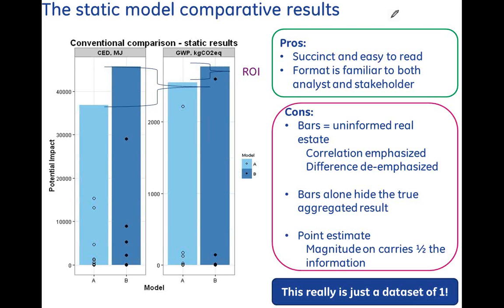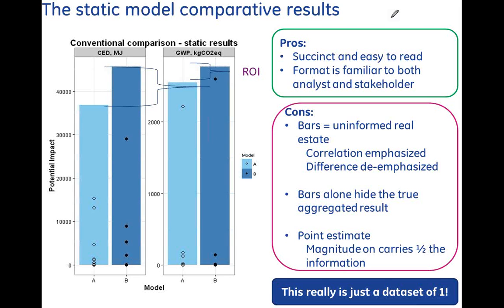But if you really look at what's being presented here, you're using almost 90 or more percent of the visual area to present nothing, to present common data. Most of those bars are telling you that for most of the time, A and B are very equivalent or correlated. The only real interesting point we're trying to make here is the tops of those bars: the difference between A and B for CED, the difference between A and B for GWP. But we're not centering our focus on that at all.